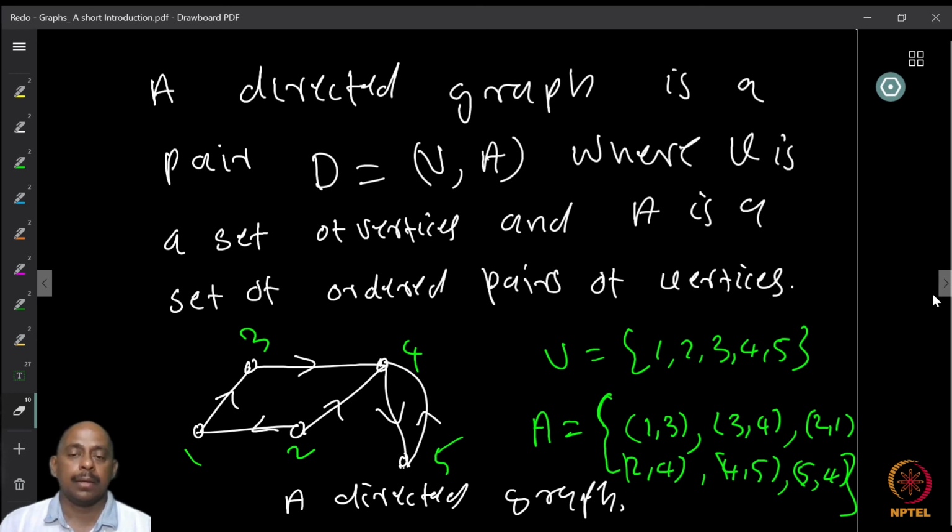Now, I will end with a definition of what we call a directed graph. When we defined the graph earlier, we were looking at just two elements of it. Now in a directed graph, we want to say that the order is important. So I can have an edge from u to v, but no edge from v to u, like one-way traffic.